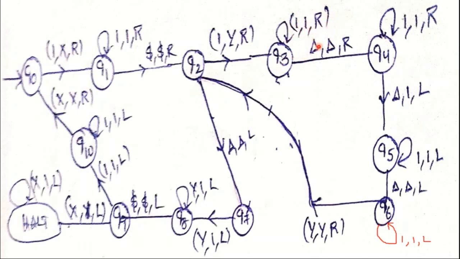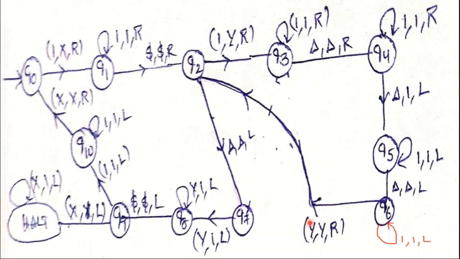Next, del. This del indicates the end of variable B. Variable B value was completed. And next, we already copied some number of ones, so those ones are not changed, move right. Next, end of the input del. Now this del can be replaced with 1, that means copied 1, and then move left. Whenever we are moving left, till now we have copied 3 ones, so those ones have no change and then move left. After that we read the del. This del is in between variable B and output, so as it is and then move left.